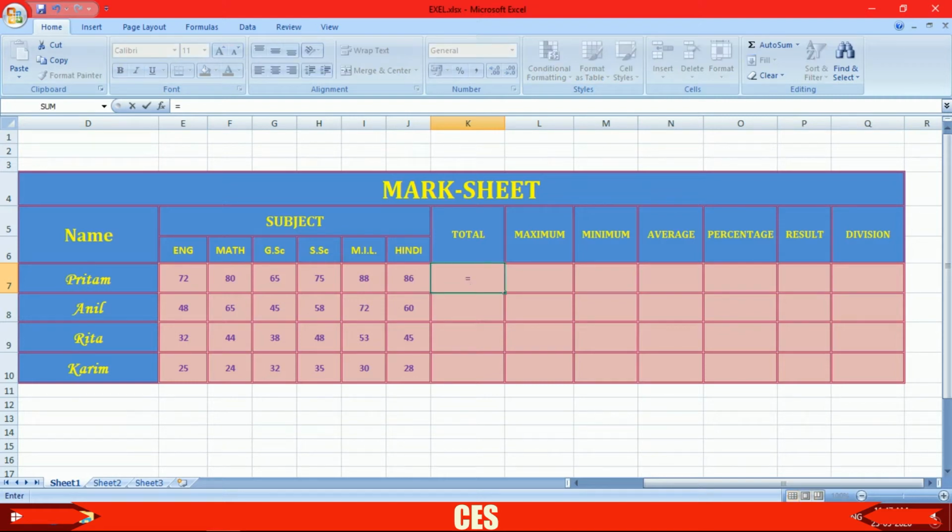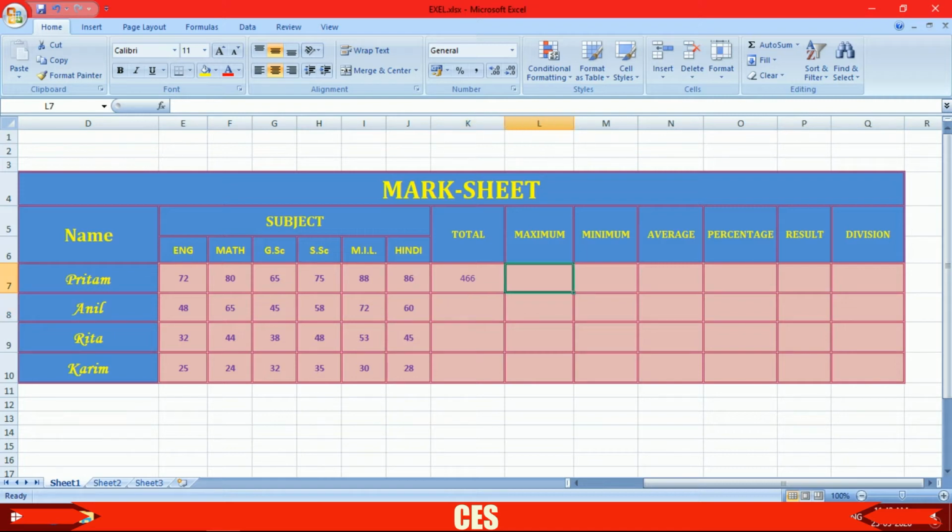Equal, then sum, then open bracket, after that select the marks obtained by Pritam. So the marks obtained by Pritam are from here to here. I have selected the marks. Now just close the bracket, then press enter. The total has come.